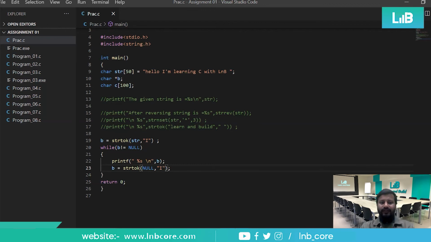So the letters of HELLO with the space, these 6 letters, will be copied to b, and now we have gone inside because we know the searching is not going to stop, as there's a long length of this string.